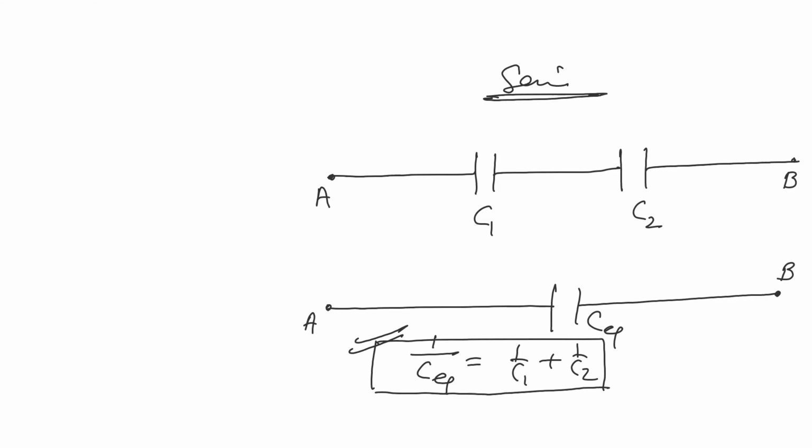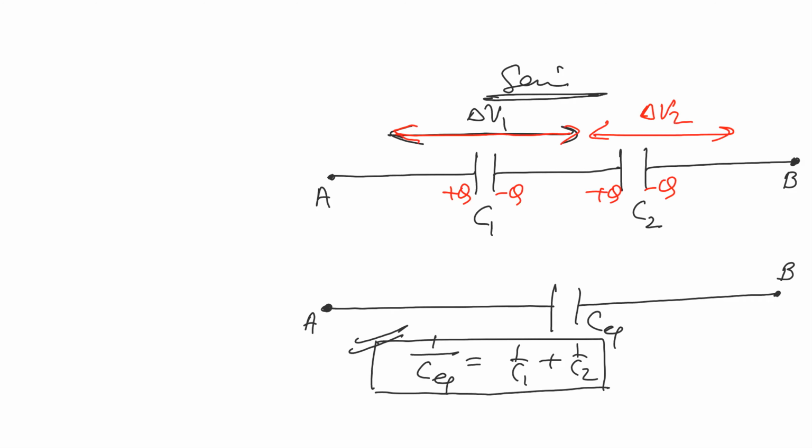It is exactly opposite to the resistance formula. For resistance, we use this in parallel, but for capacitors, we use it in series. And also, if this is asked, how much is the potential difference ratio? See, in series combination, they will get equal charges, plus Q, minus Q, plus Q, minus Q. But in that scenario, this potential difference, delta V1 and delta V2, will be different. So what will be delta V1? What will be delta V2?